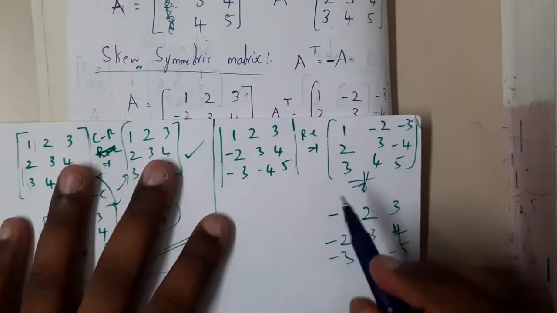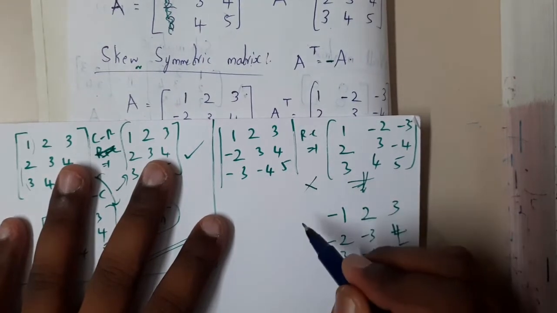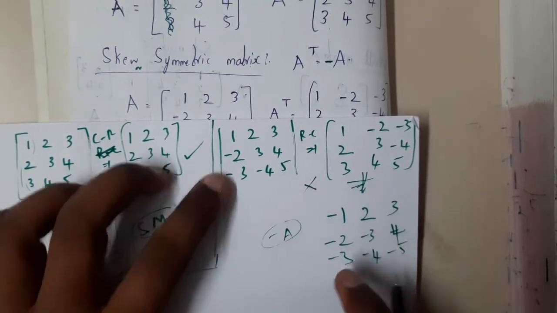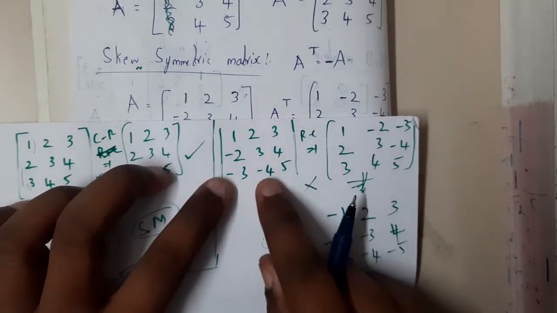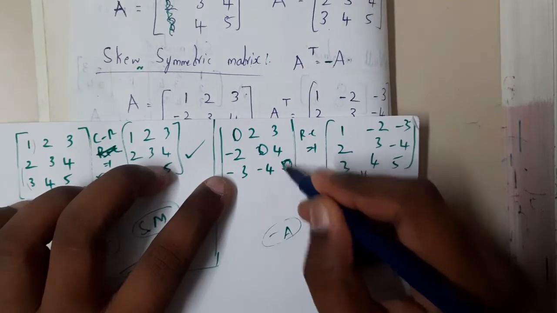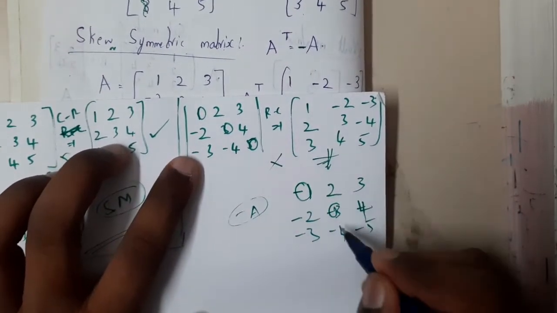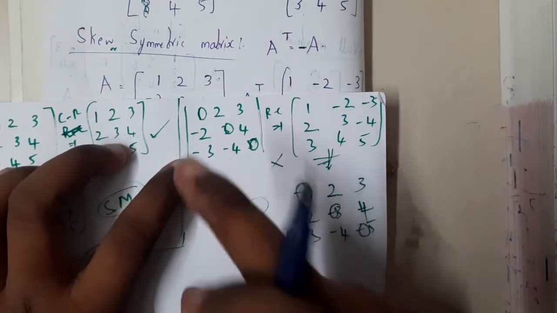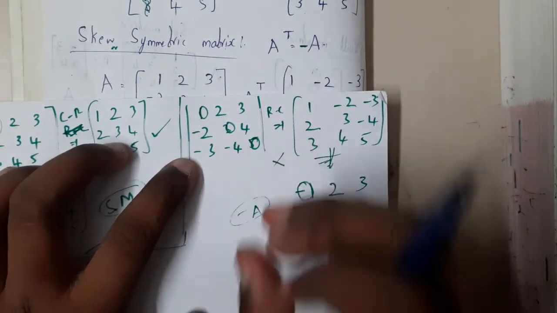Okay, so basically this example which I took here is wrong, guys, because once you do the A minus, that is nothing but A with the negative, we did not get the same result. Hence this matrix is not skew symmetric. If you substitute the values 0 here, you'll be having zeros here, right? So now those both are same. So in most situations, a skew symmetric matrix will have the diagonals as zeros, guys.